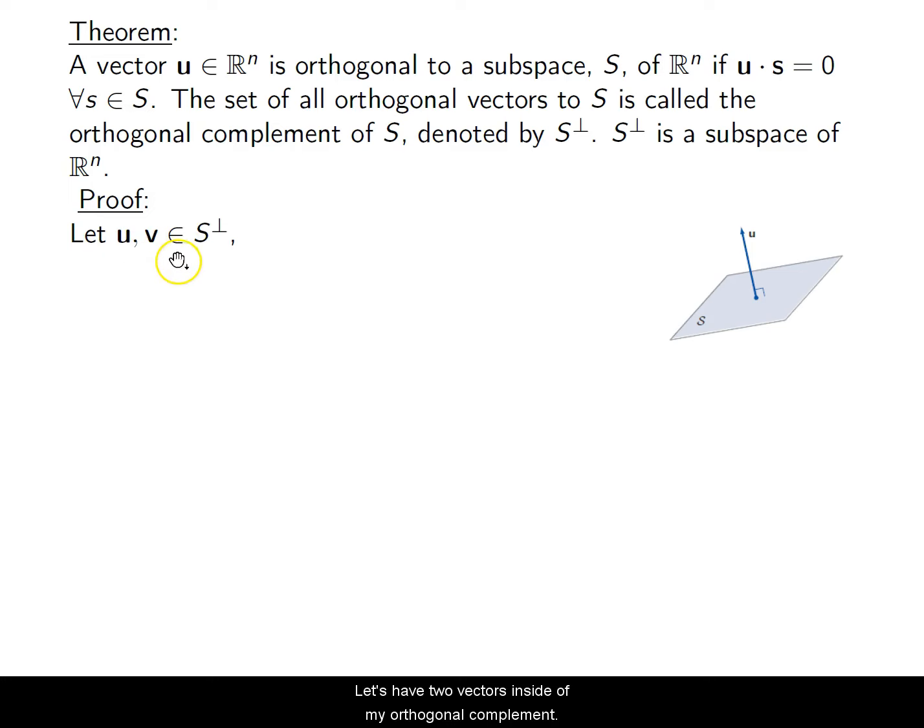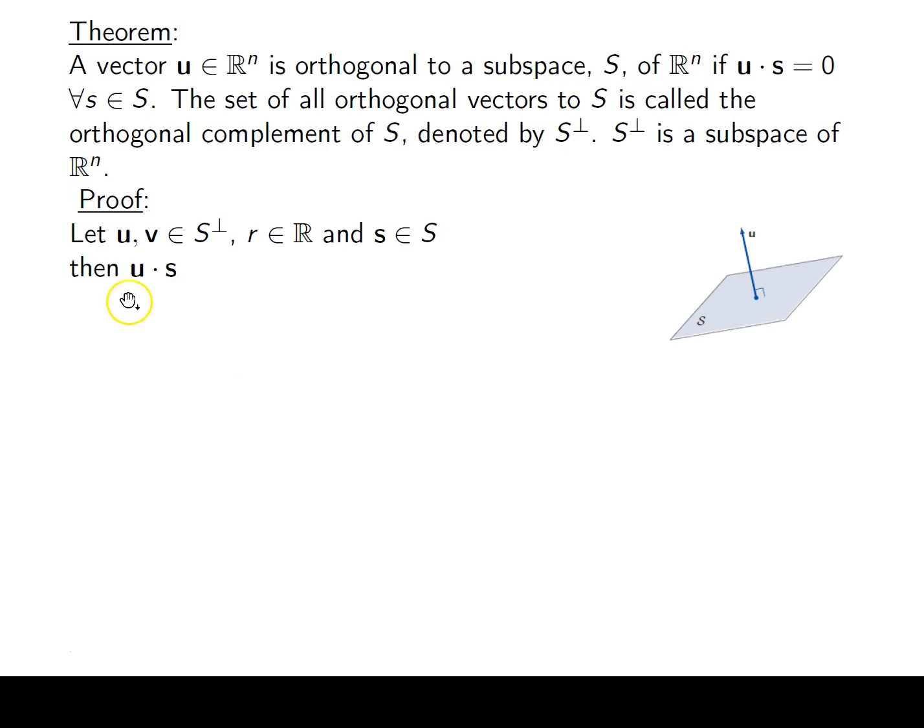Let's have two vectors inside of my orthogonal complement, because that's what it's telling me I have. Let r be a scalar, and s is in that subspace of Rn. So if I have the dot product of u with s, where u is from that orthogonal complement and s is in the subspace,